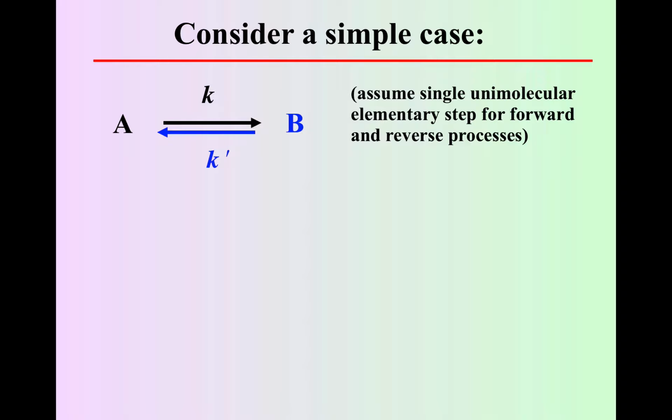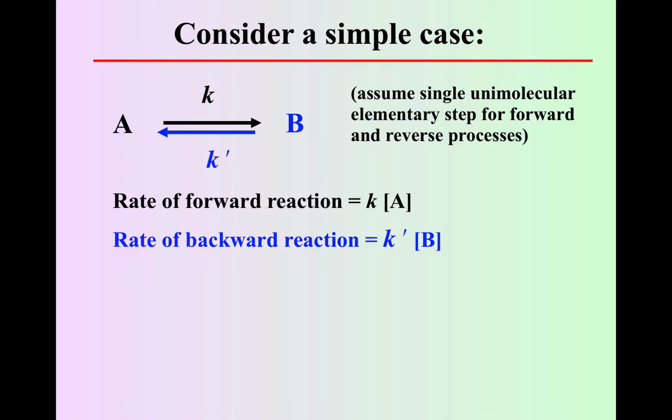So if we're looking at A turning into B, we've got a rate constant in the forward direction. If we're looking at B turning into A, we've got a rate constant in the reverse direction. So if we had a first order relationship to the concentration of A and a first order relationship with respect to the concentration of B,